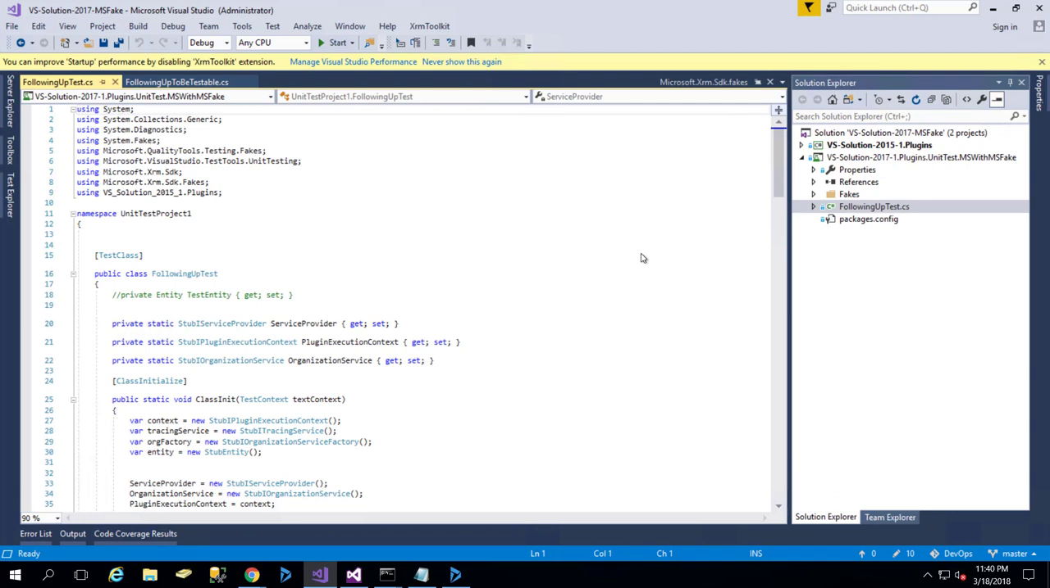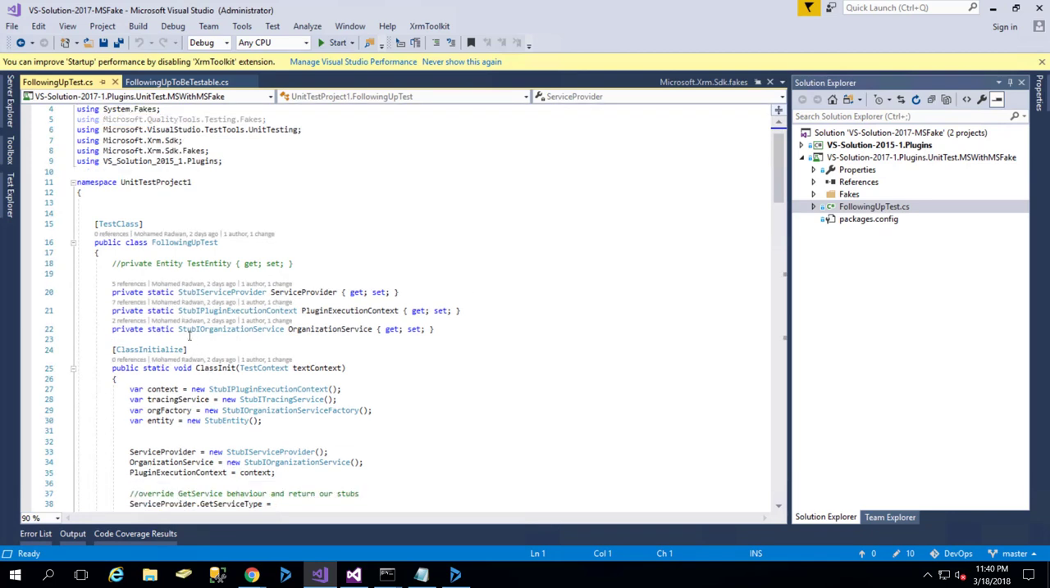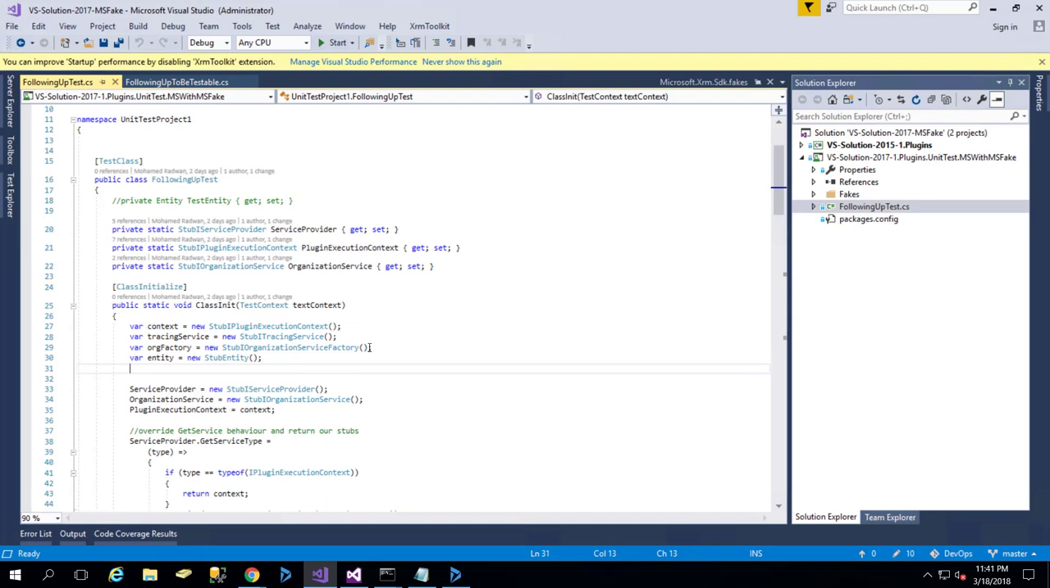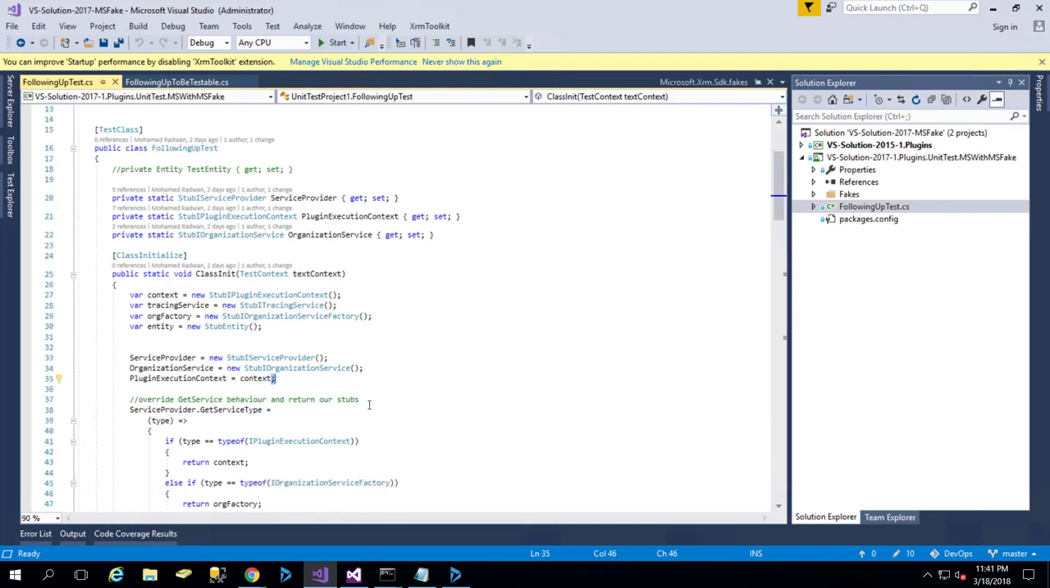I start creating my testing class, and here in the test initialize at the beginning of the class, I start to declare my variables: service provider, plugin execute context, organization service. I start creating my stubs, which is not a real object, but it just stubs using the fake. Here are the stubs for service provider, for organization,